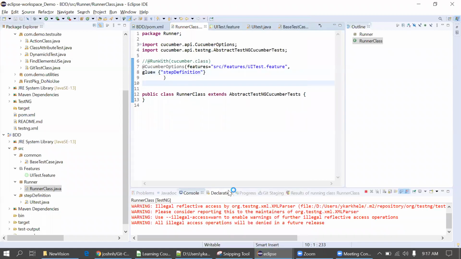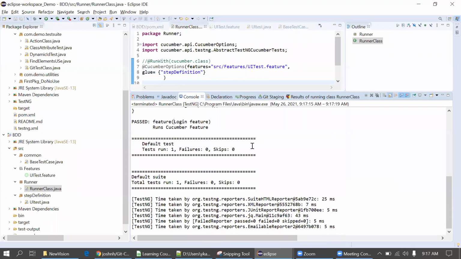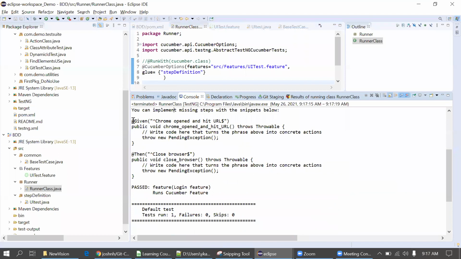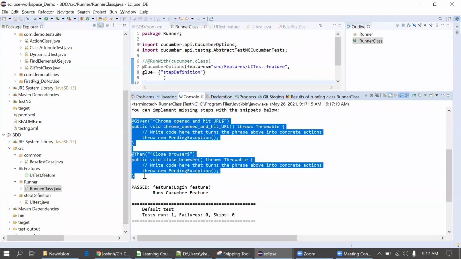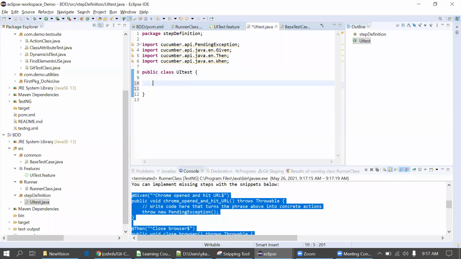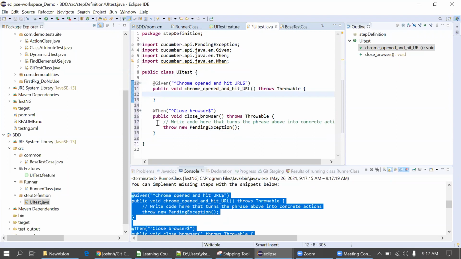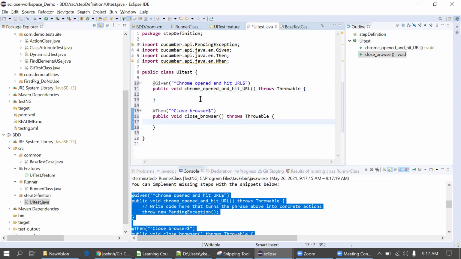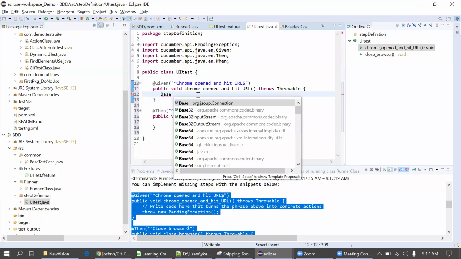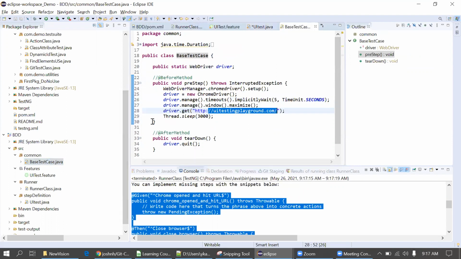Run as TestNG test. Simply copying the method name from here, and in this method I will just put the code. Fine. Now, base test case dot, yeah, it's not static, I have to create an object.